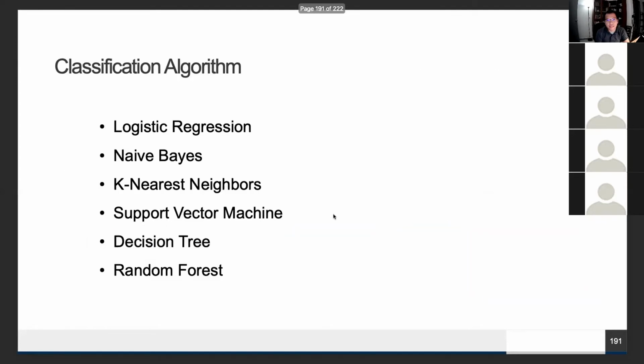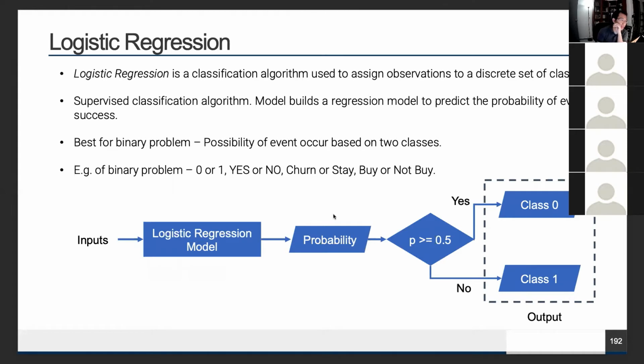All right. So let's take a look into the first algorithm that we are going to do. Logistic regression. Even though the name has "regression" in it, it doesn't mean that we have to predict a continuous value. The term regression appears here because this logistic regression algorithm is derived from linear regression. So in logistic regression, actually what we predict is the probability value